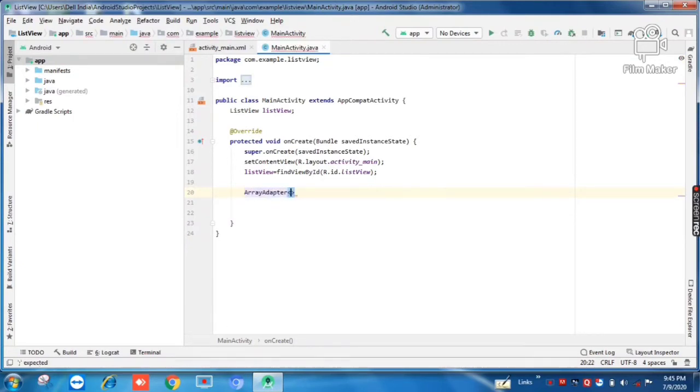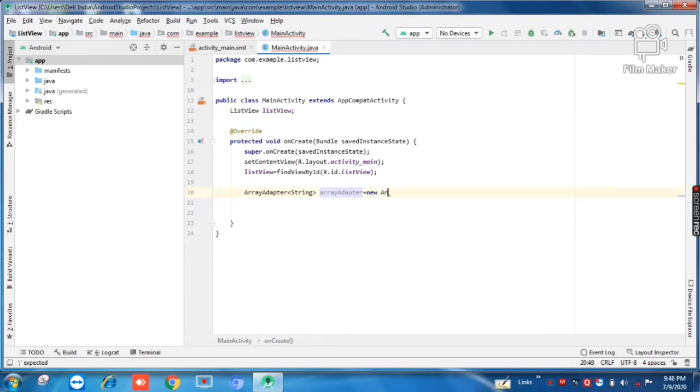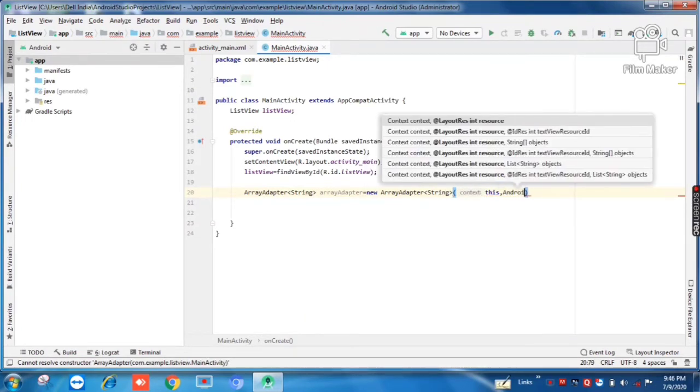Type an array adapter of type string and give it a name, say array adapter, is equal to, initialize it with the help of new keyword, new array adapter again of type string, and now it will accept 4 parameters. First is the context, that is this, our main activity, and comma. Next is our resource ID for our layout, that is the pre-made theme in which our list view will be displayed. Type